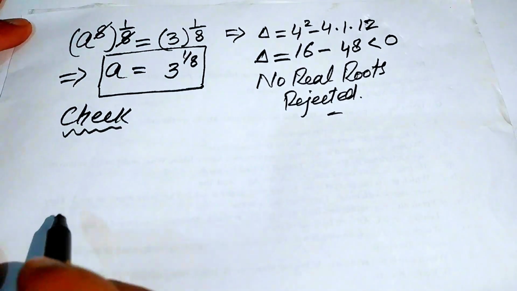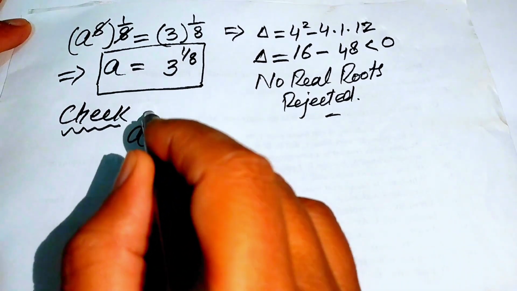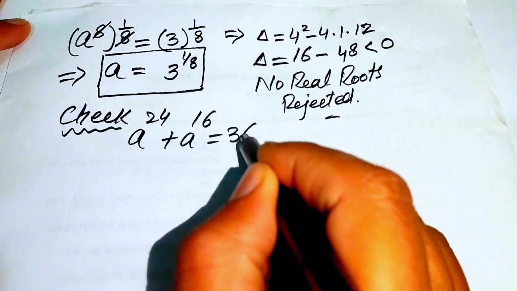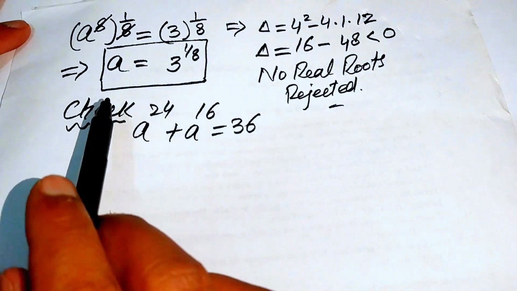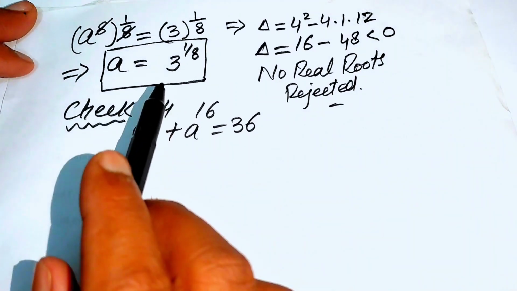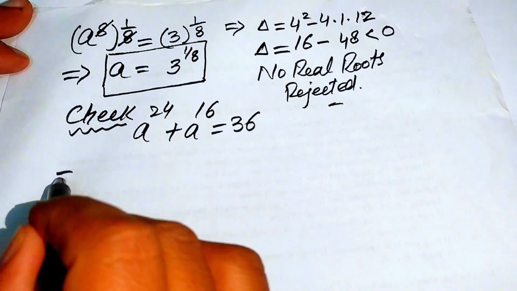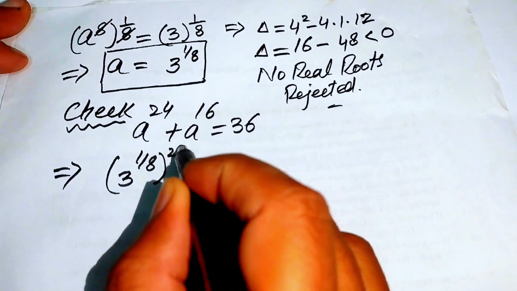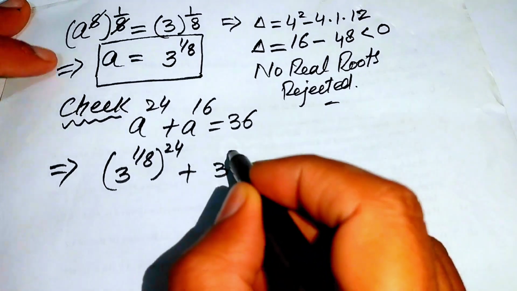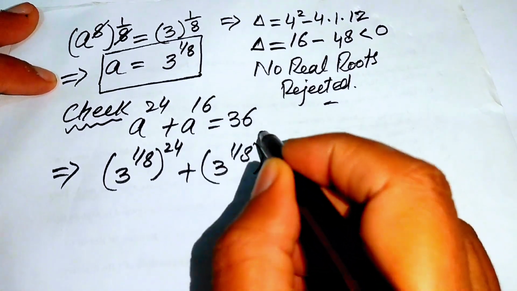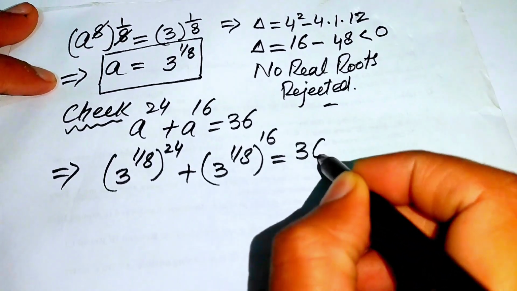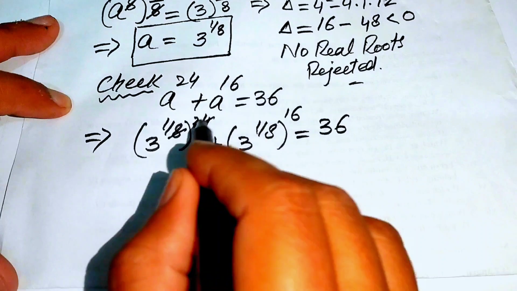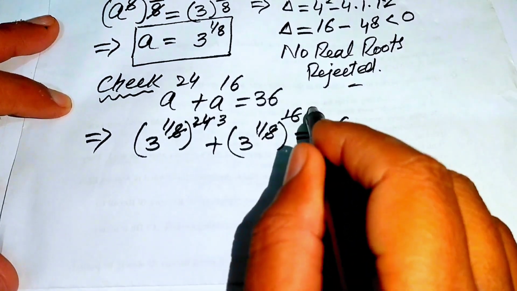So by checking, first we copy down the question statement, and it is a to the power of 24 plus a to the power of 16 equals 36. Now we substitute the value of a. The value of a is 3 to the power of 1 over 8. We substitute it here and it becomes (3 to the power of 1 over 8) to the power of 24 plus (3 to the power of 1 over 8) to the power of 16, and this whole equals 36. So here we cancel these terms, so you see that 8 threes are 24 and 8 twos are 16,